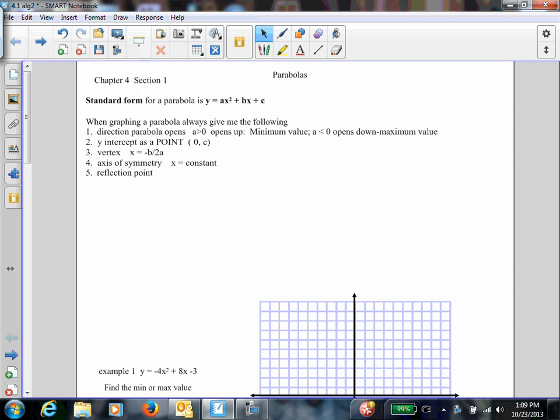All right, so when we talk about parabolas, we're going to be given three different types of equations. The forms are going to be a little bit different, and what we're working with today is the standard form. All right, y equals ax squared plus bx plus c. That's your standard form. Now the trick to doing these is understanding these five